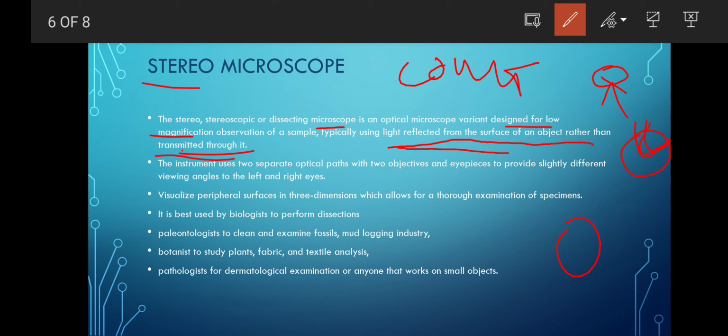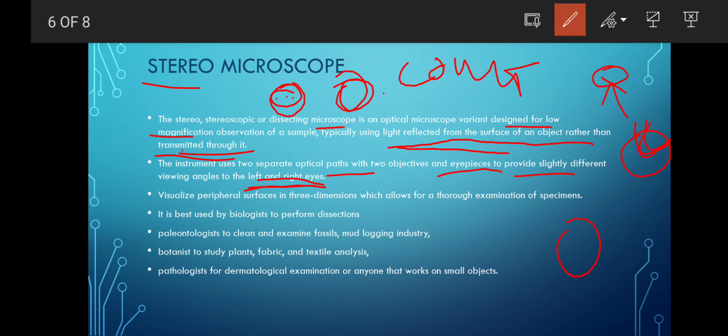So the instrument uses two separate optical paths with two objectives and eyepieces to provide a slightly different viewing angle to the left and the right eye. So it has two lenses, two eyepieces. When the light passes, we can view the object from a slightly different angle from both sides.